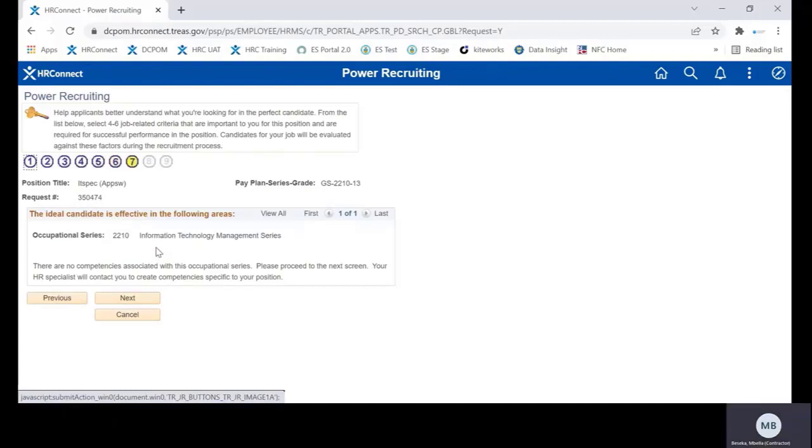On the seventh page of the wizard, you'll be able to specify the qualities you are searching for and what defines a strong candidate. From the list that you see on the screen, select 4 to 6 job-related criteria which are important for this position or are required for successful performance. Please keep in mind that candidates for the position will be evaluated against the factors you select during the recruitment